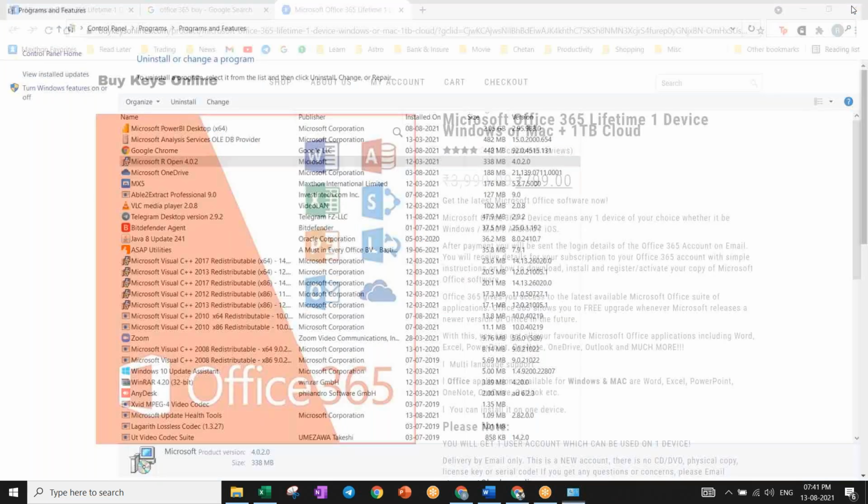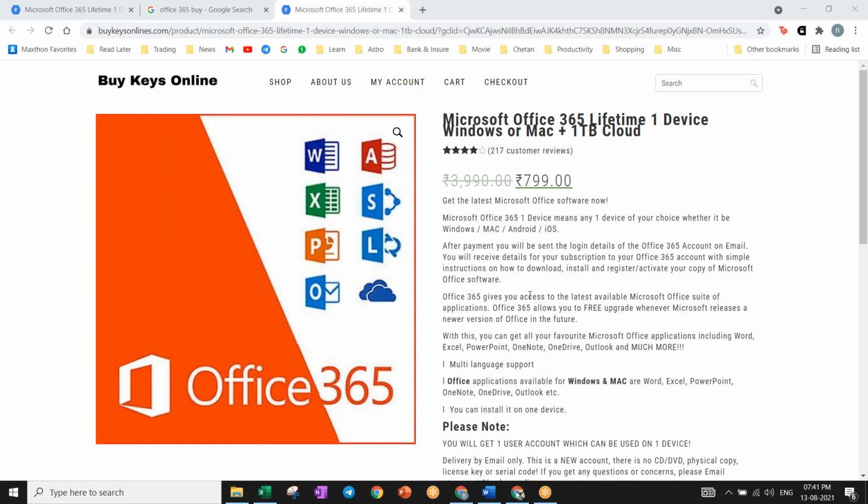Once you uninstall that, restart your computer and then install Office 365. There is a website called portal.office.com. They'll give a complete email with the Office link, where you have to go and download the software. Everything will be available there. A username and password will also be given to you. Use that username and password to log into the website, and then you can download the software.